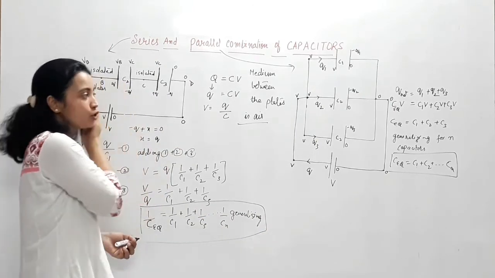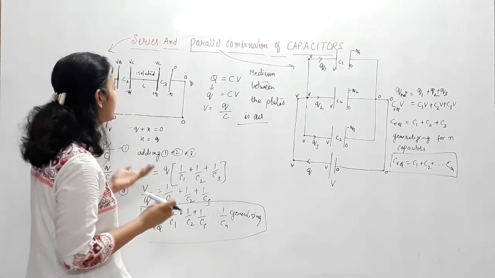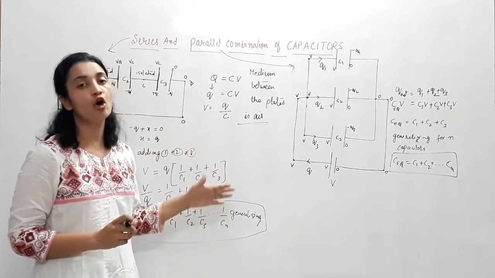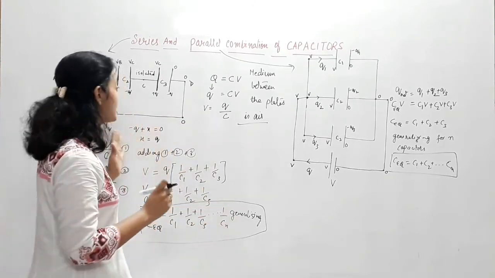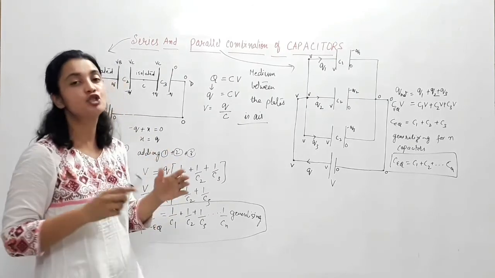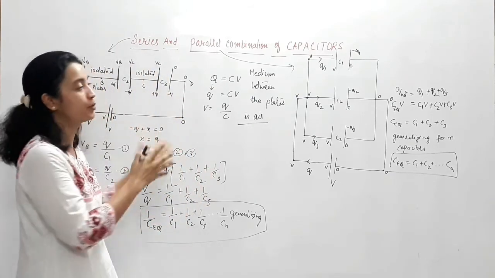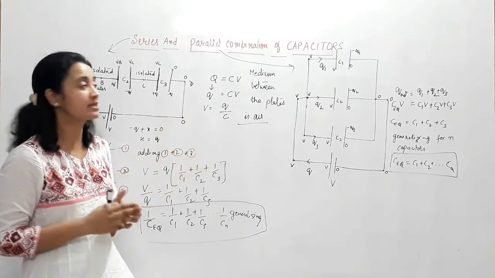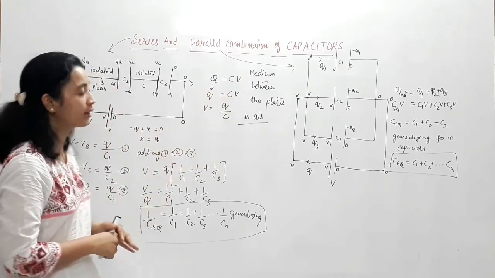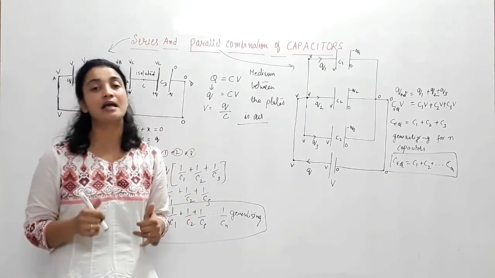With the general result, 3 capacitors is just an example which I have chosen. You can have more than 3, or n number of capacitors, but the method of finding their equivalent capacitance remains unchanged. This is just the inverse of what we had in resistors, because there the current distributes in parallel and potential remains the same. Here also charge distributes in parallel and potential remains the same. I hope you got it. You can note it down, rewind it, see it, so that you understand it very nicely.